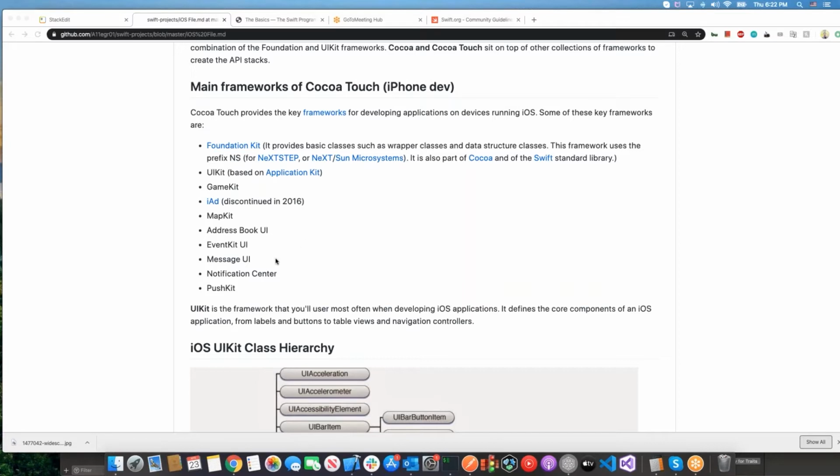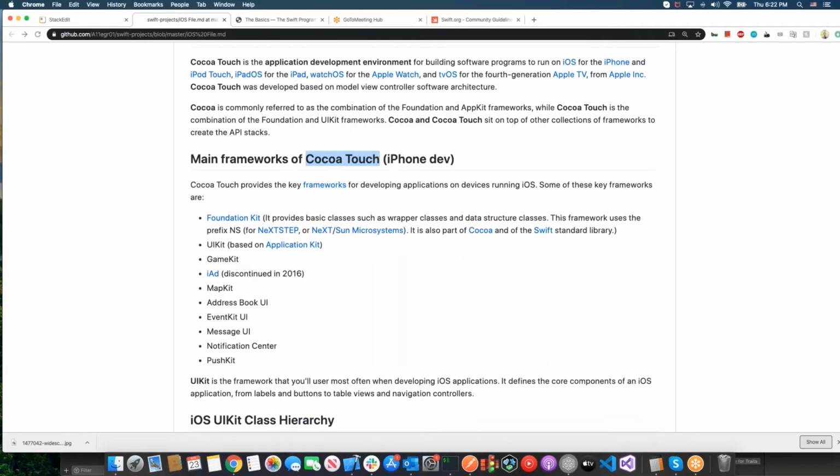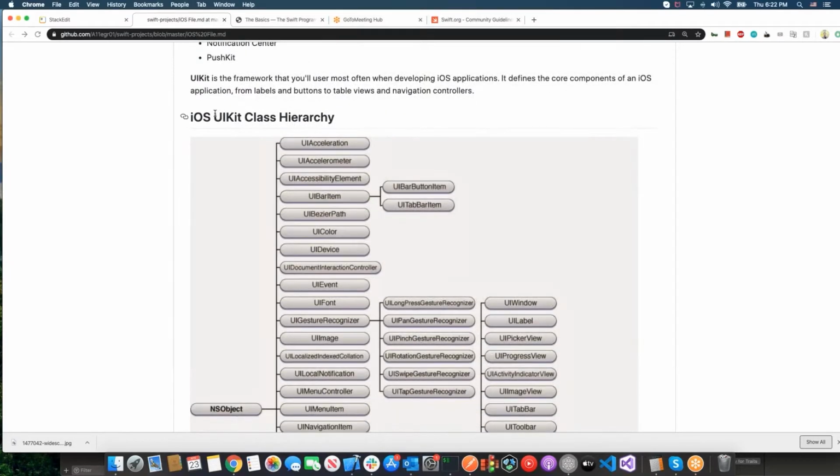All right, so that's what Cocoa and Cocoa Touch is. When you're developing for one platform or another, you'll be tightly working with one or the other. So in case you're developing for iOS, it will be UIKit. It will be your best friend and most hated enemy, all at once. Because